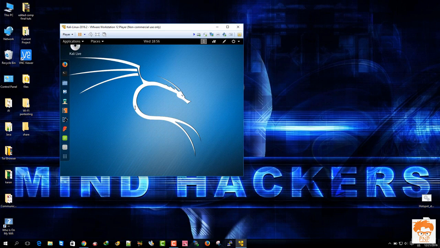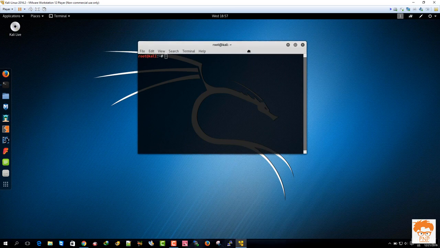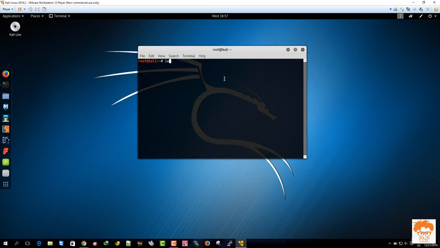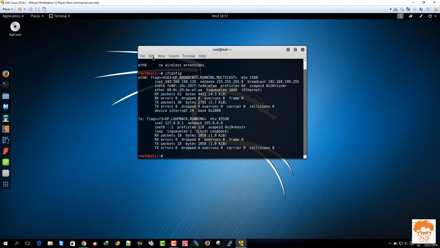Now I am going to check the connection between my Windows machine and my Kali Linux. Since I have connected my LAN cable, I must have the Ethernet interface up. Now I will simply see the available interfaces, and we have eth0 and the loopback interface. Now I will check my IP address, and you can see guys, I have eth0 up and its IP address is this.